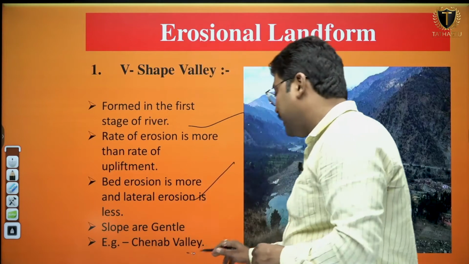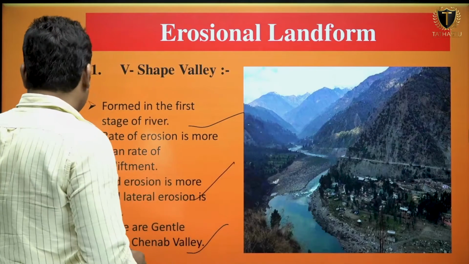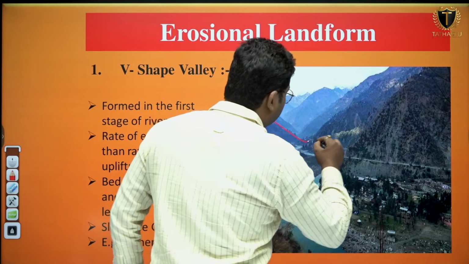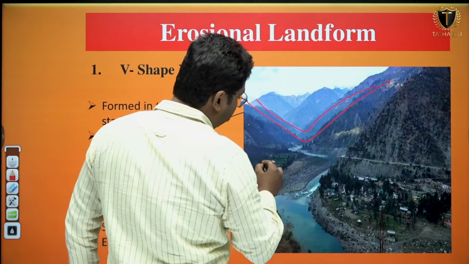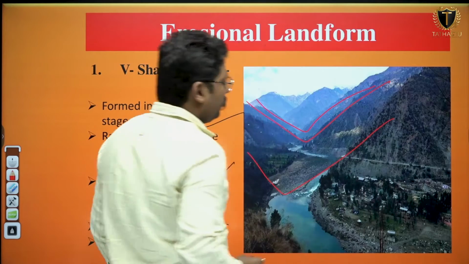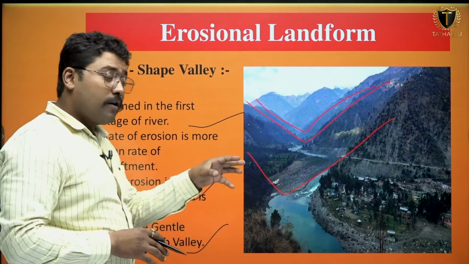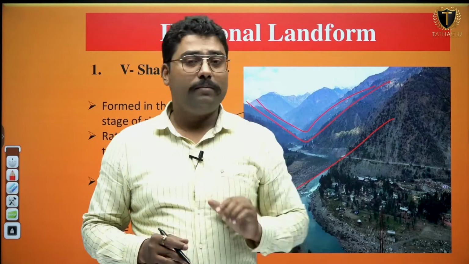Example, you can say the Chenab Valley, as it has been given in your image, and if you see, the valley resembles a V shape, a capital letter V. Clear? Now after formation of the V-shaped valley, if the river achieves the base level,